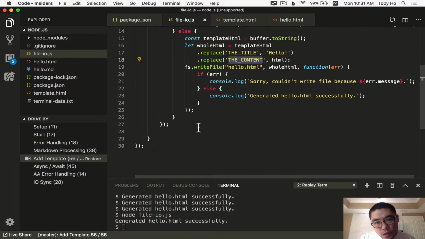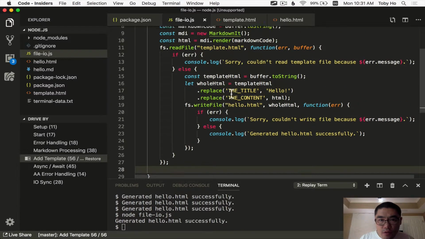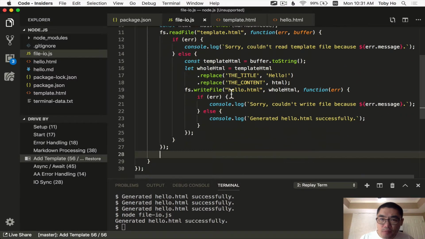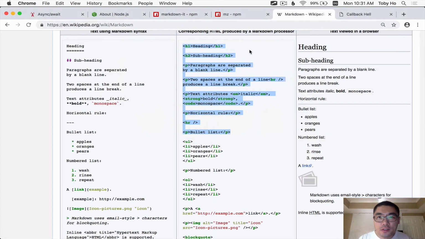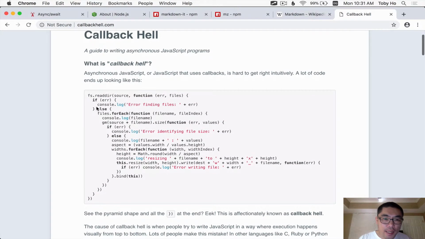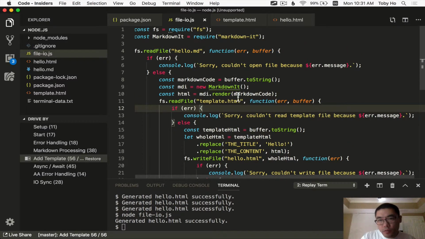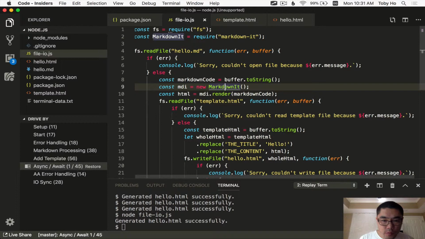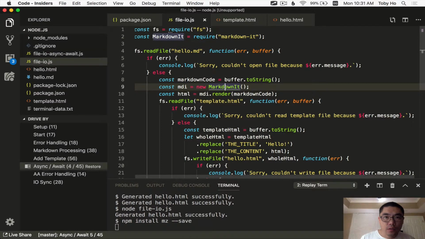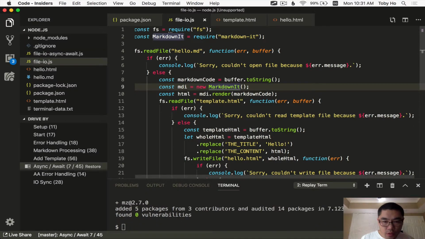This code, as you can see now, is getting fairly hard to deal with. We're basically approaching callback hell. And async await is a solution to this problem. So let's see what if we wrote the same code, the exact same functionality using async await, what would this code look like? So let's do that. So first we're going to install the MZ